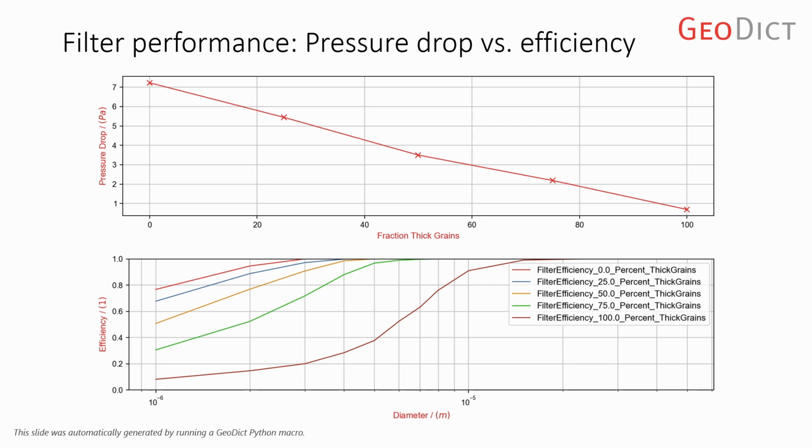We can see that, of course, as one would expect, for the largest particle, all of the structures basically have an efficiency of 100%. When it comes down to very small particles, then only the structure which has only small grains is able to filter any respectable amount of these very small particles, and all the other structures let a lot of these particles